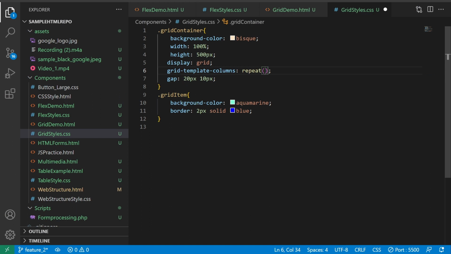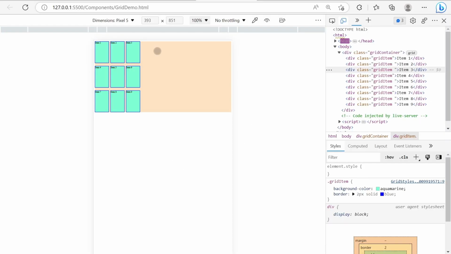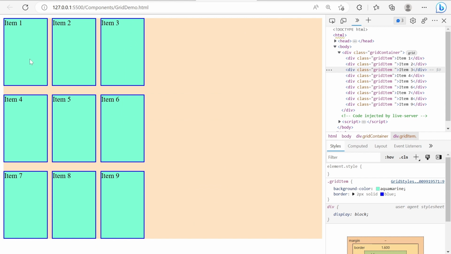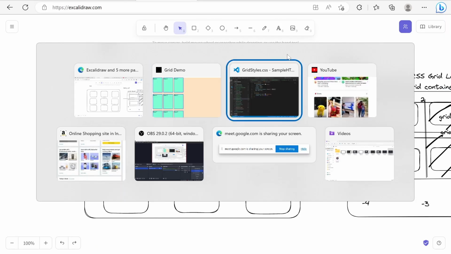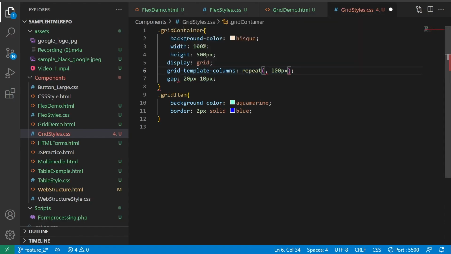Then I will say autofill, which means take the columns that it can accommodate. Previously I provided it like this, if you remember, 3 comma 1fr, or 100 pixel, so repeat 3 columns of 100 pixel. Instead of that, I will use autofill, that is, whatever it can accommodate on that device, and then we can provide